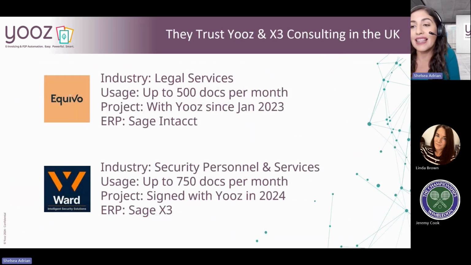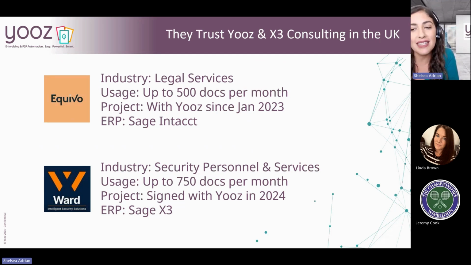Now, here are a few of the clients that Yooz and X3 Consulting have worked on recently to get their AP automation projects started. And Yooz can actually adapt to any project to all companies using Sage X3 and Intact, which is really our focus today, but also all of the various different versions of Sage within the ERP family. And Yooz can adapt to any industry. So no matter the company's size, whether it be from nonprofits, governmental authorities, companies within the medical field, the hospitality field,